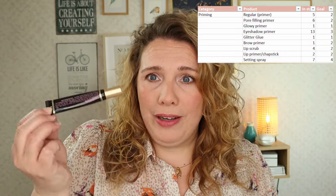But the rest, except for a glitter primer, this one, I don't use on the regular. I don't really love them that much. I was thinking about this and I was like, how much would I realistically need? I have 13 right now in my collection. I think that is way too much. I think I will go with 3 because I want Soft Ochre and Painterly always,